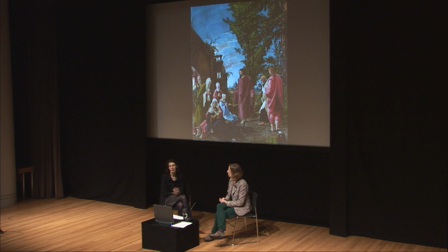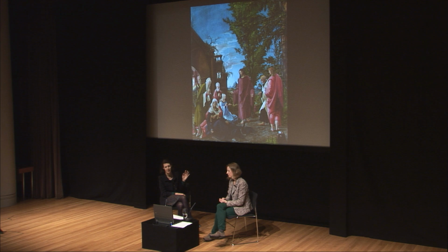And this was also a period in which the gallery started to acquire 19th century German works as well. So I think about this alongside the gallery's acquisition of the Friedrich landscape, for example, in the same period, where I think that sort of romanticism reflected in the landscape there is, in a way, to be found in this painting as well, if you think of the way in which Altdorfer uses the sunset that you see through the arch. Absolutely. I think in a way that you could almost associate with Friedrich, with the Gothic architecture, and